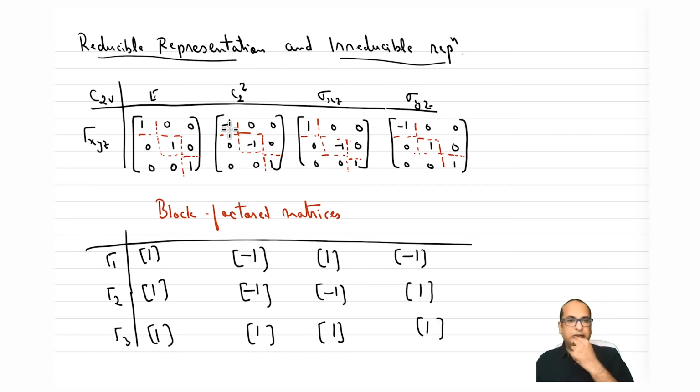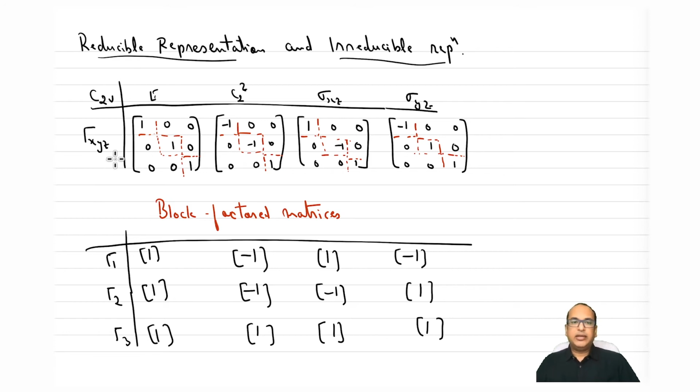Okay. So what we have shown is that when I take XYZ together as the basis, I get a representation which can be reduced further by doing block factorization of the matrix and converting them into simpler matrices, which individually have basis set as X, Y, or Z, right? So those were the unit vector transformations which we did, and we saw that this one I think is the tau z representation, and one of them will be tau x. I think this one will be tau x and this one will be tau y, right?